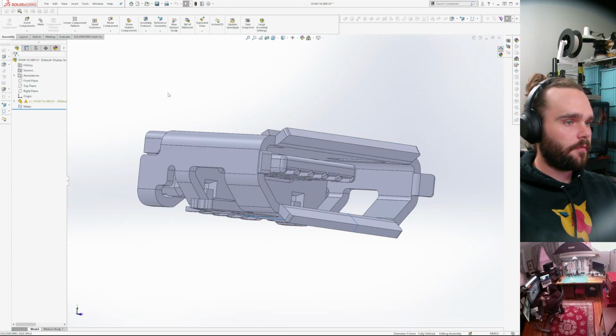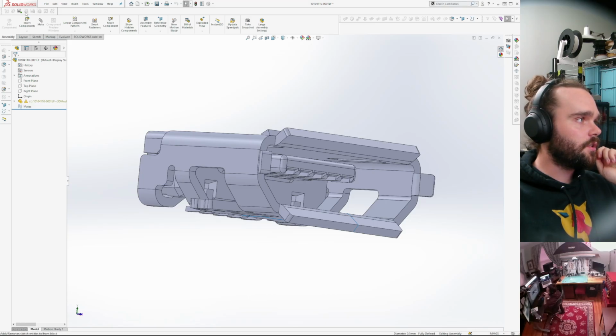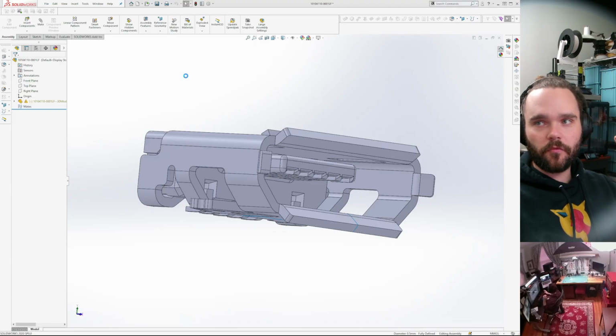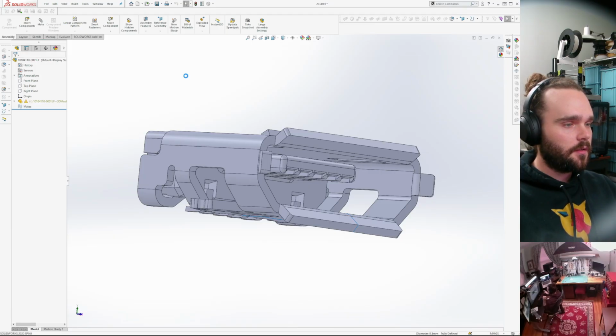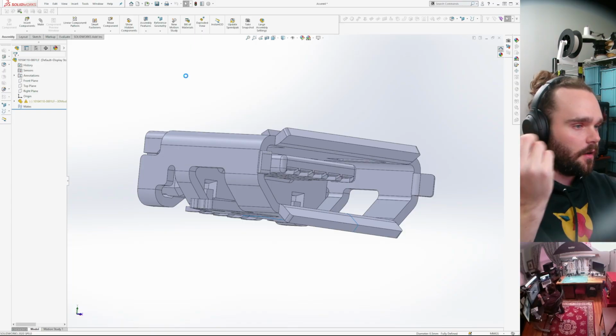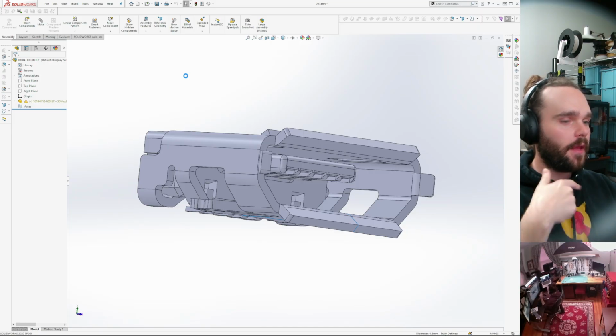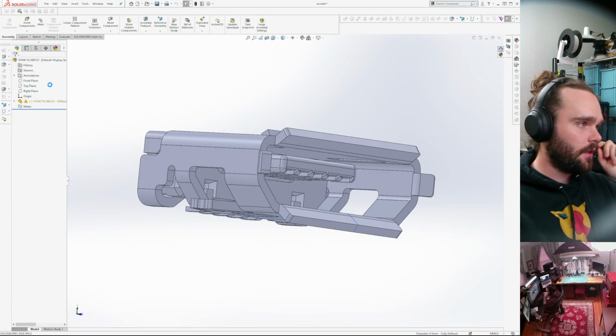Okay, wait, this is fine. I shouldn't have closed it. So we can actually go part by part. Basically, for any of the pieces that don't cleanly re-import into SolidWorks, we need to fix them. There are presumably some external parts that I brought into my design that can't cleanly import, because it looks like this is a single part.